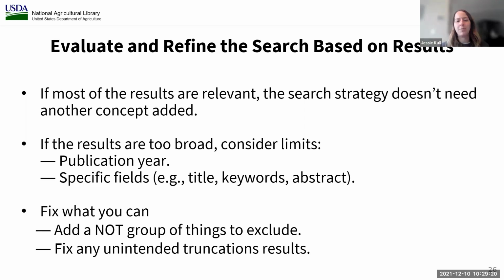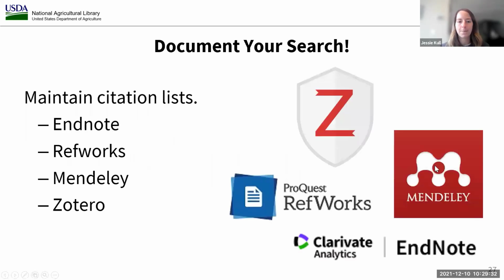Keep in mind that what I'm showing you is a very basic search, so there's a lot of room for improvement. And also note that it really, again, is a trial and error process. It's highly unlikely that you're going to get the perfect set of results using the first search string you created. And then once you've refined your results to where you want them, the last step is to save them in a citation manager like EndNote, RefWorks, or Zotero. What these are, essentially, is a citation database that helps you save, organize, and share your research citations.